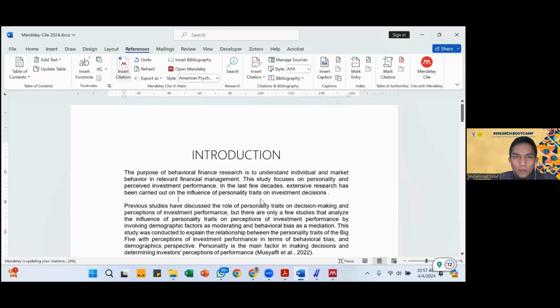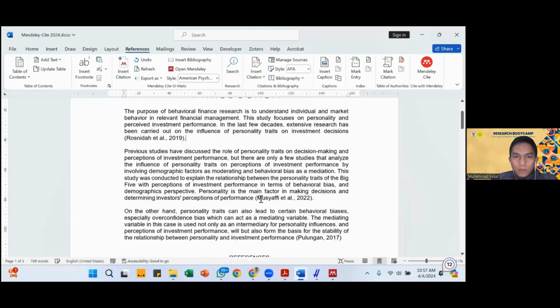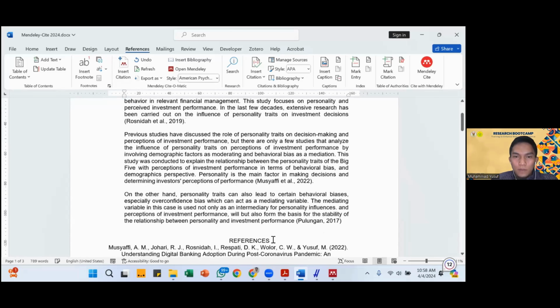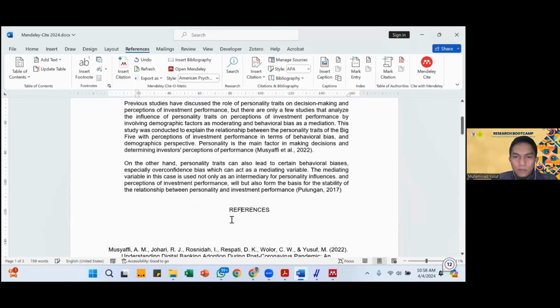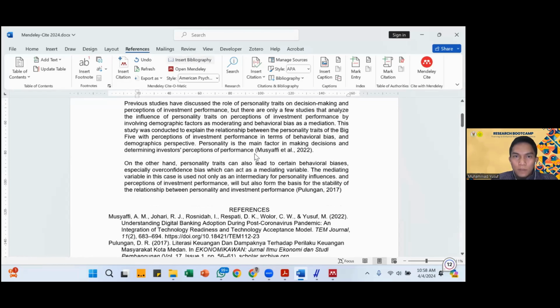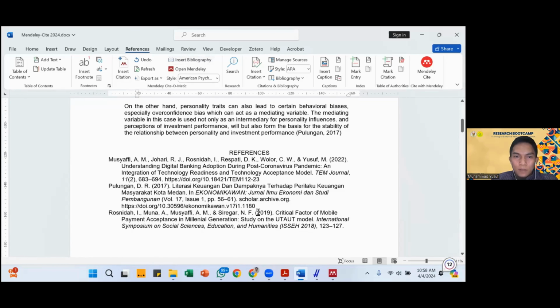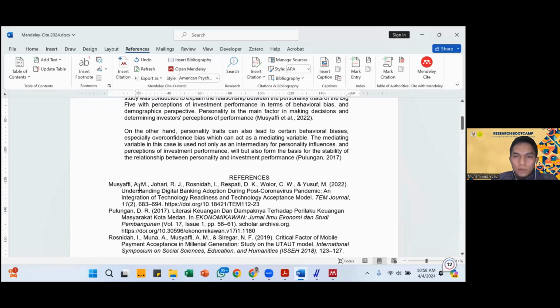After that, you can insert your bibliography, your references, with the reference menu, insert bibliography, and this is your references from the Mendeley.